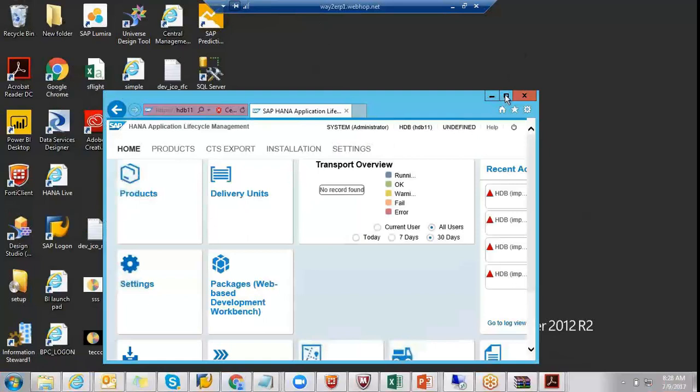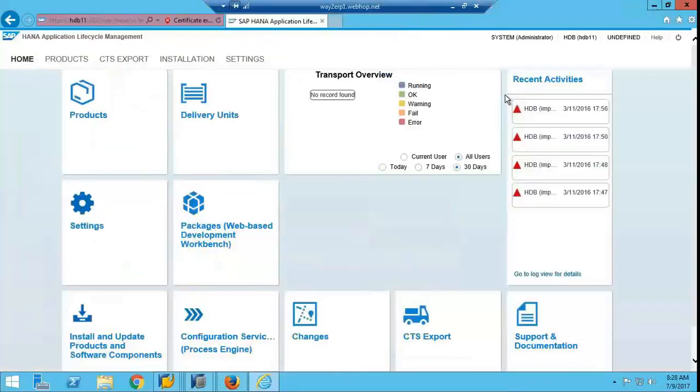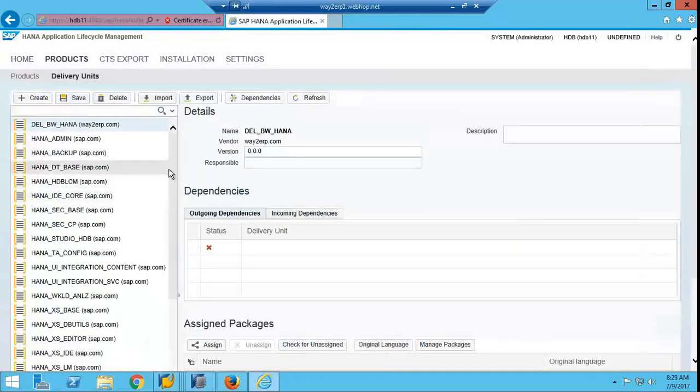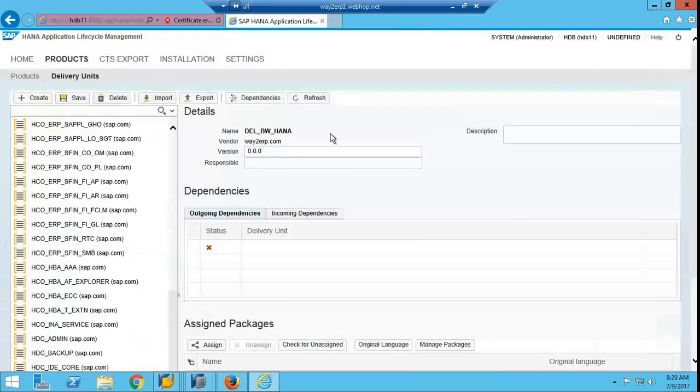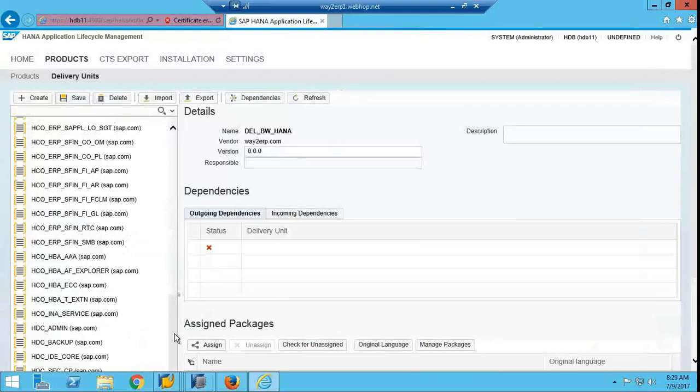See, here I can see delivery units, products. Okay, we already saw. Have you discussed transportation? Yes, we did. Transportation we discussed at R3 level, right? This is like web-based transport. Same, whatever delivery units we see there, here also we get the same delivery units. Similar delivery units you can see here.